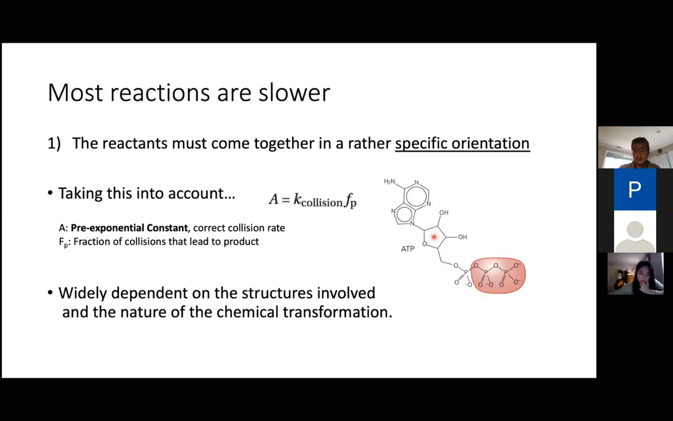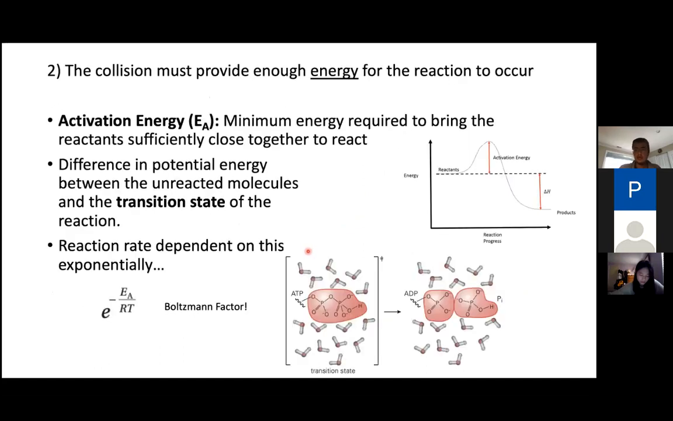For example, if an enzyme was to attack the adenine group or the ribose here, nothing would happen. So the enzyme has to collide and react with this ATP phosphate group for something to happen. We can use this equation to take this into account. And another reason why not all reactions are